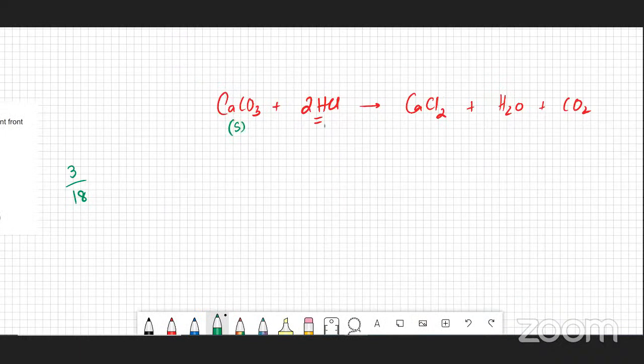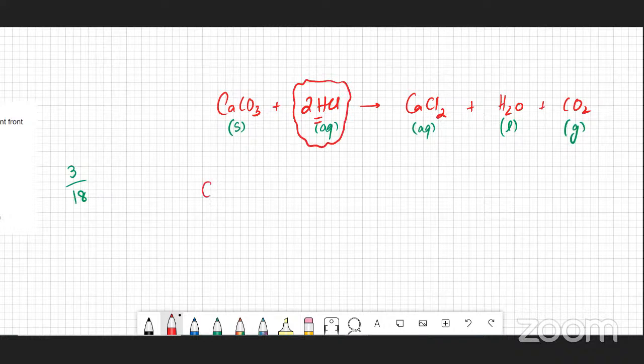and HCl is an acid. It's always aqueous. Chlorides, most of them are aqueous except for silver and lead. And H2O is a liquid and CO2 is a gas. So any equation that you have, the next step would be कि कोई भी चीज aqueous होगी and it has ions, तो उसके ions scattered होते हैं water के अंदर. Calcium carbonate is a solid, so its ions would be together in solid state, but HCl would be in dissociated